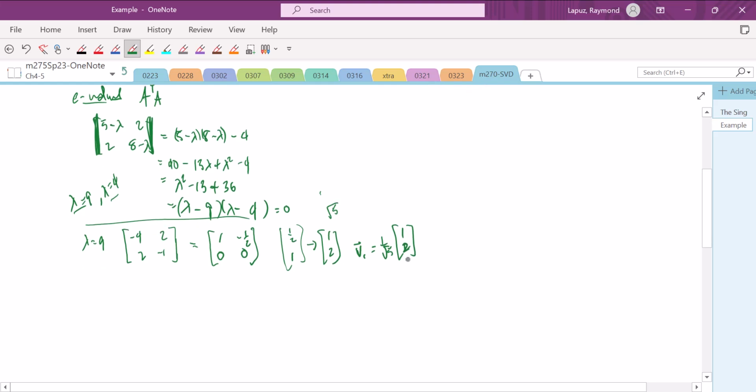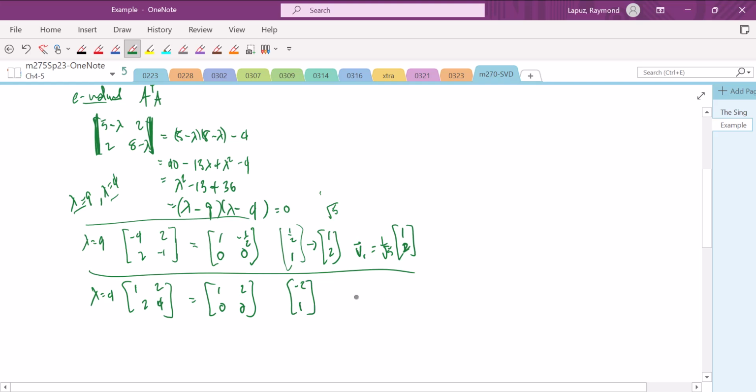Okay, now let's find the eigenvector associated with 4. So let's subtract 4 there. So 5 minus 4 is 1, 2, 2, 8 minus 4 is 4. And you can see that they would make that go away. 1, 2, 0, 0. Oops, this is a 4. Okay, so you will have 1 for your free variable, and this will go with -2 for that.